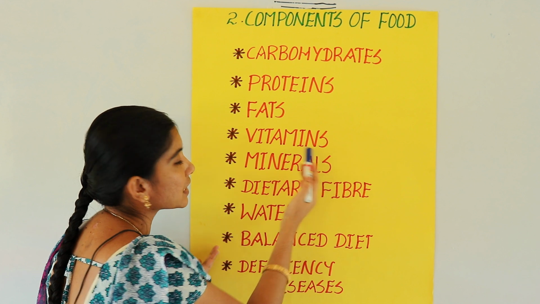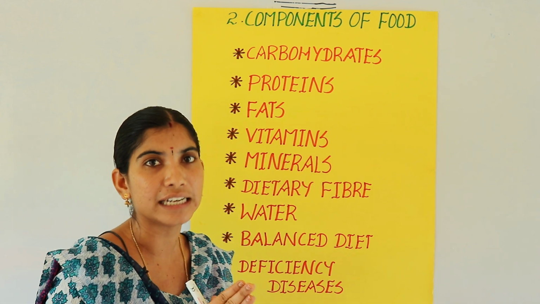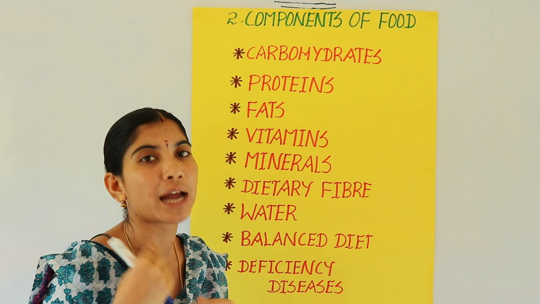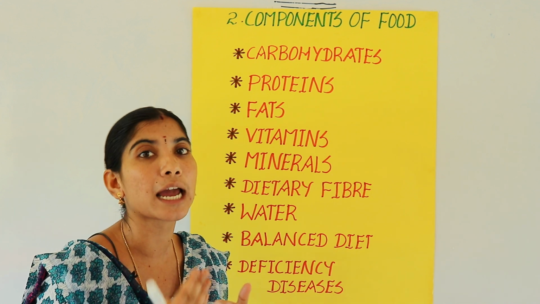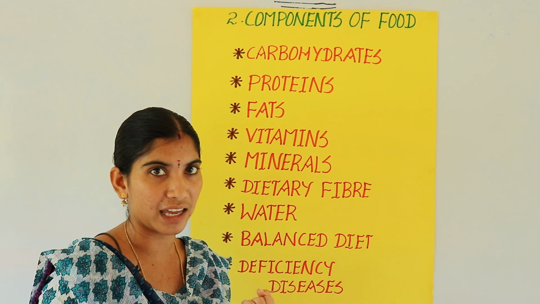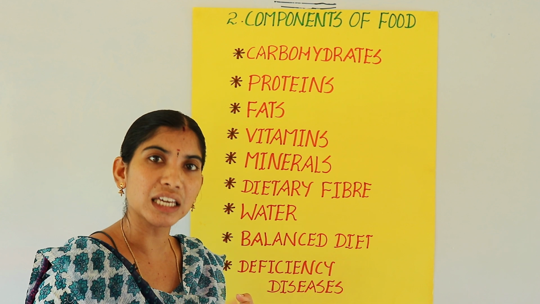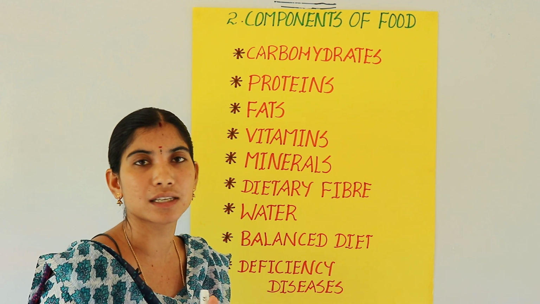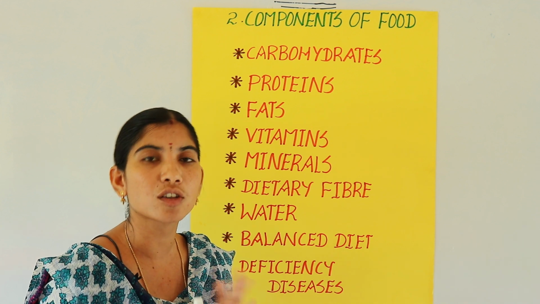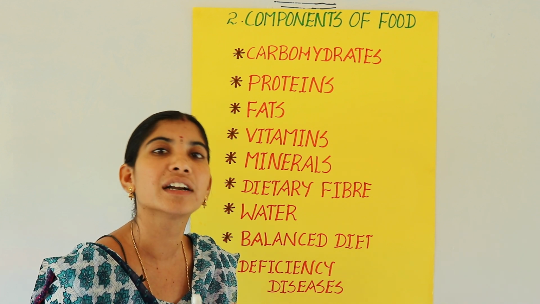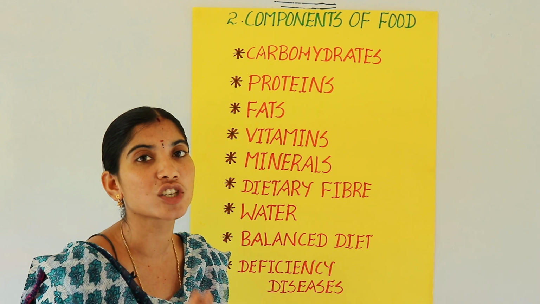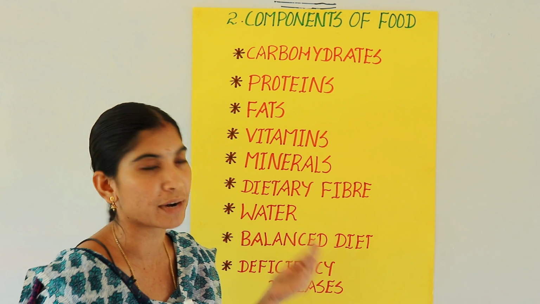Next one, vitamins. Everyone needs vitamins for their body to grow and to protect from some types of diseases, and many types of vitamins are required. They are vitamin A, vitamin D, E, K and B complex is also present. These are present in green vegetables, orange and yellow vegetables, dairy food items, and mutton, chicken, these types of fleshy food items.